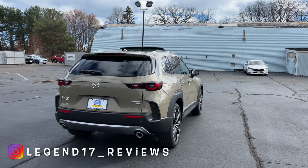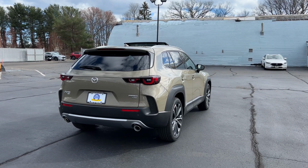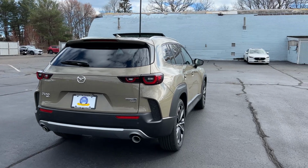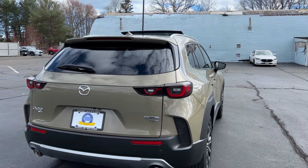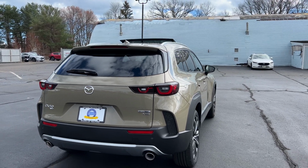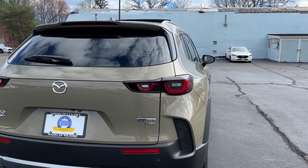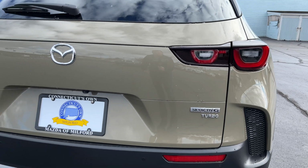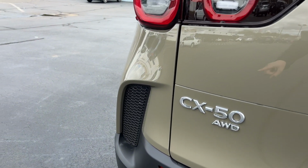And by the way, guys, there are 9 trims to choose from, and you could get it in a 2.5 turbo and a 2.5 non-turbo. Since this is the highest trim, and most of the highest trims are going to be equipped with turbo, the more money you pay, the more power you get. The Skyactiv with the turbo badges on the right, CX-50 all-wheel drive to the left,